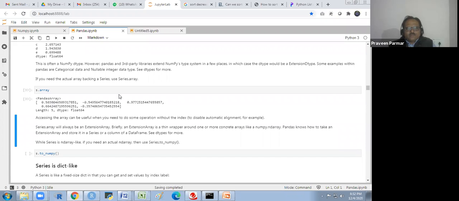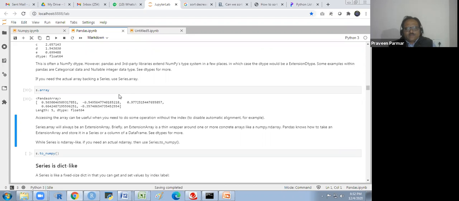The series array will always be an extension array. Briefly, an extension array is a wrapper around one or more concrete arrays like the NumPy ndarray. Pandas knows how to take an extension array and store it in a series or a column of a data frame. Okay, so we could see it.